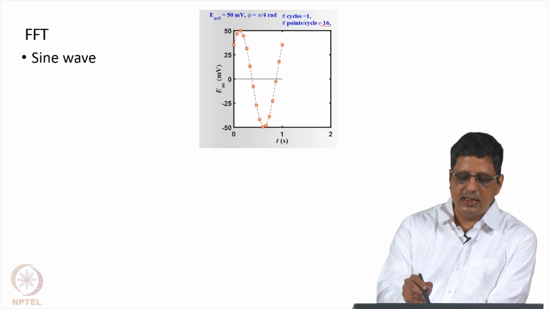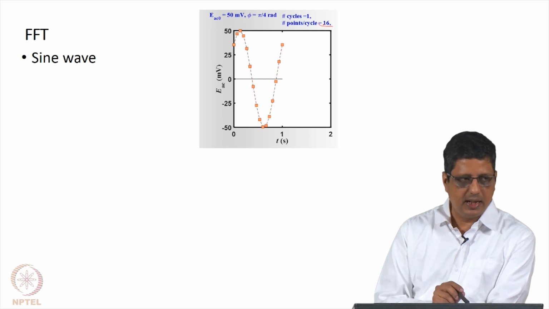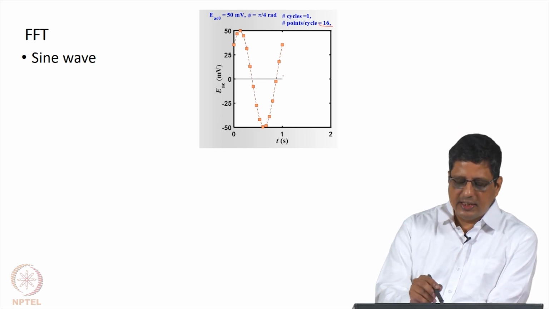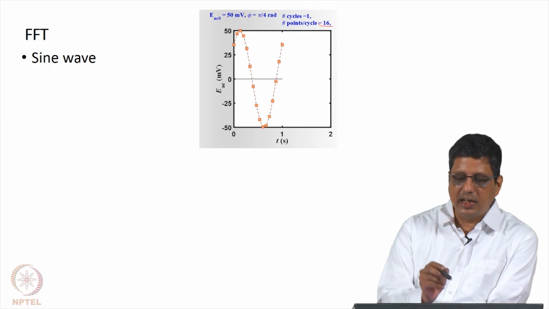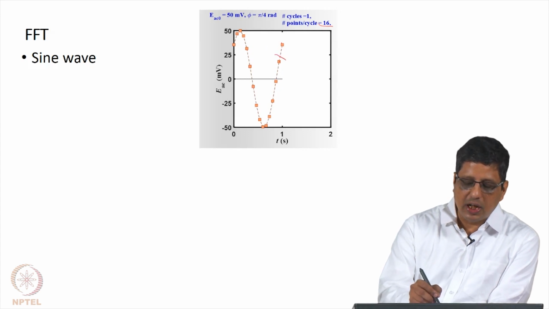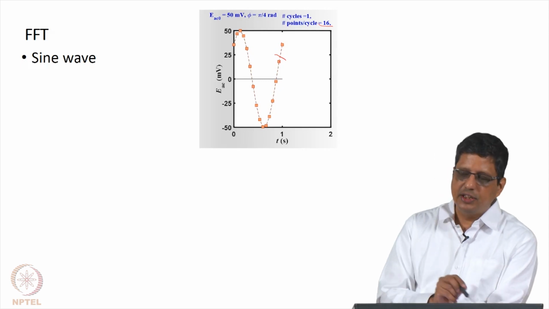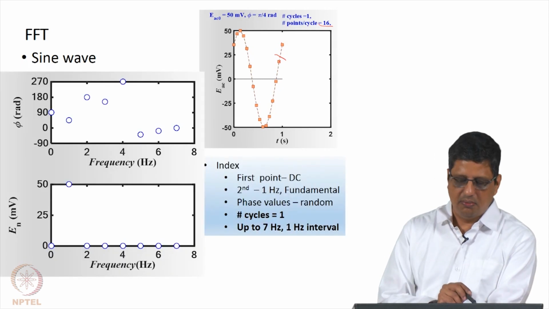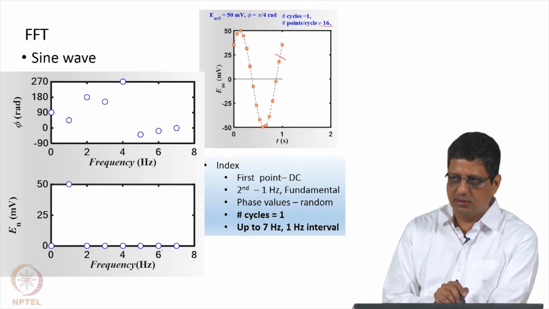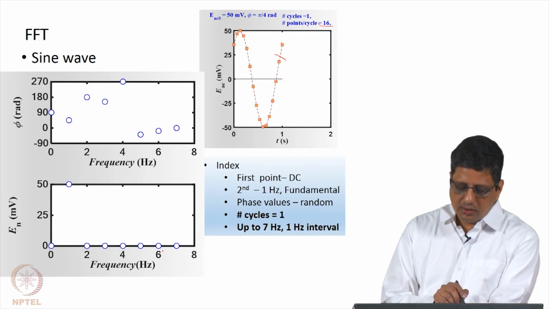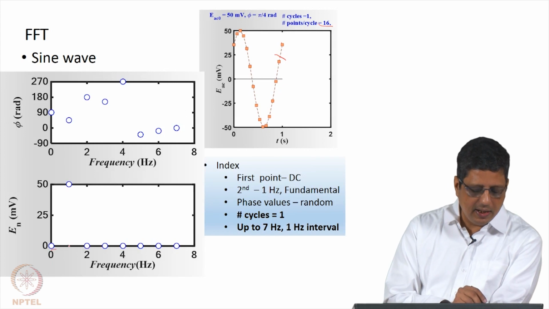I have gone back to 16 hertz of sampling, 16 points per cycle. I have shown it in the same scale and then show it here that I have truncated up to this. When I feed it to the program, I will feed up to this level and then do FFT. 16 means I should expect up to 7 hertz. I get up to 7 hertz. Also notice the interval is 1 hertz now.